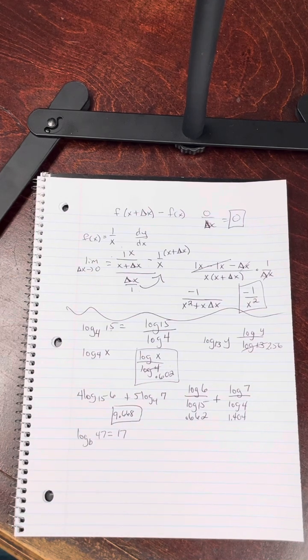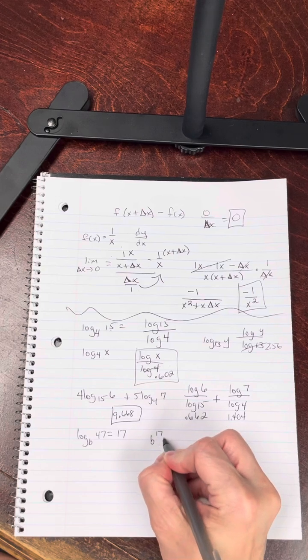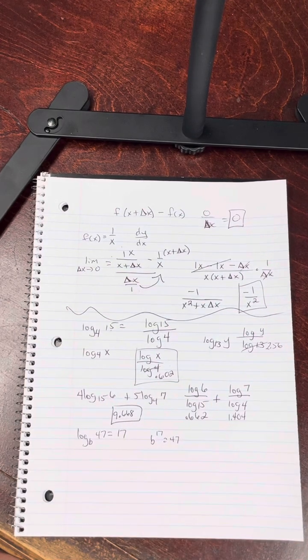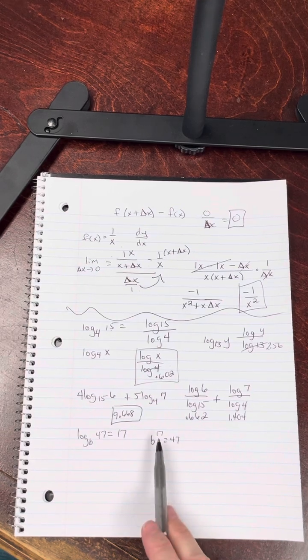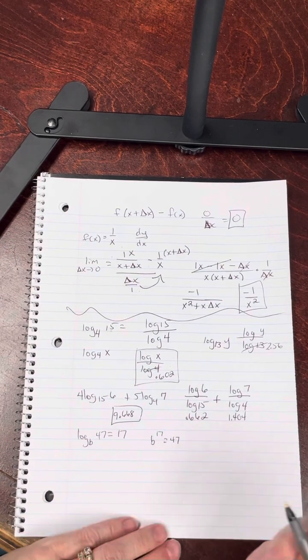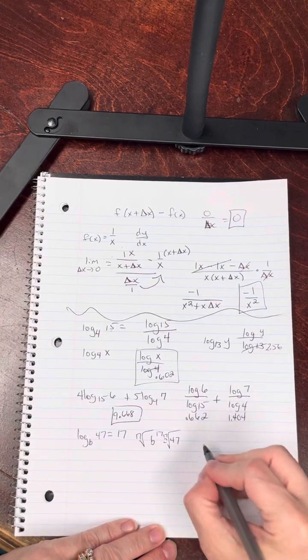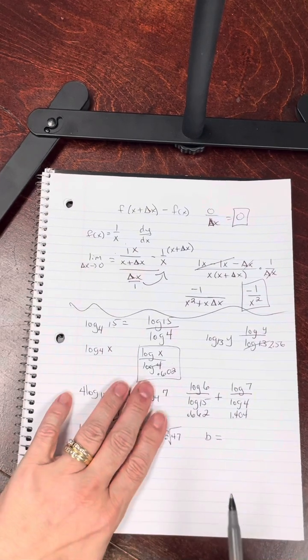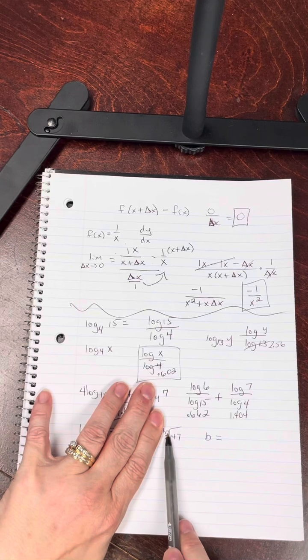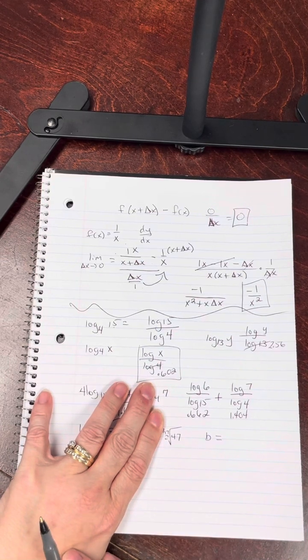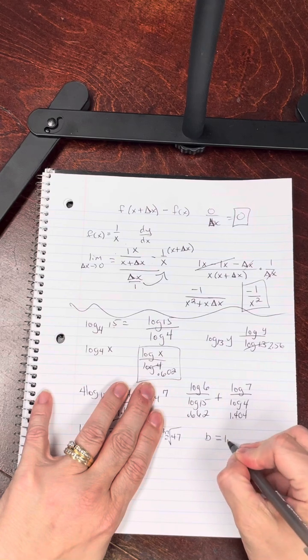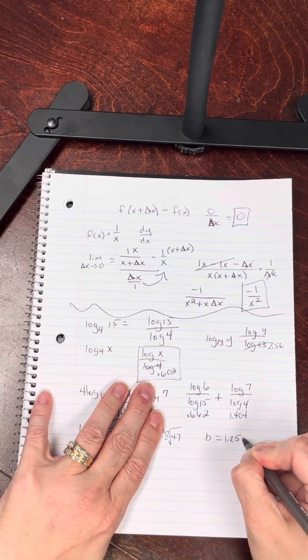Example 4, log base b of 47 equals 17, find b. Now in this case, I would just do the rearranging and say b to the 17th equals 47. And then how do I change this b to the 17th over to b to the 1st? Well, I do the 17th root, and if I do it on one side, I better do it on the other. So now b equals whatever the calculator spits out is the 17th root of 47. And again, you have to play with your calculator to figure out which order it wants it, but you should be getting an answer very close to